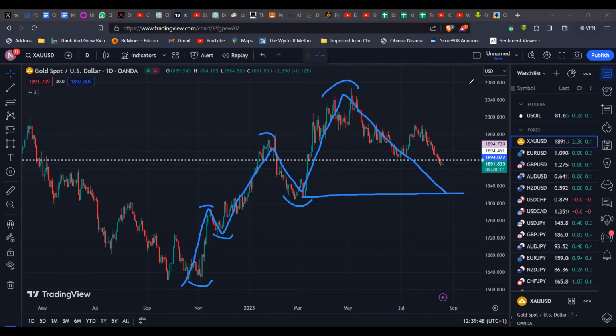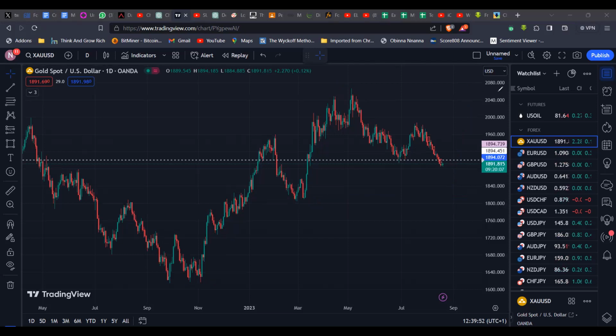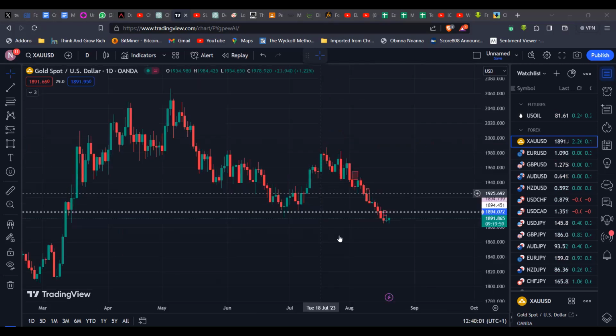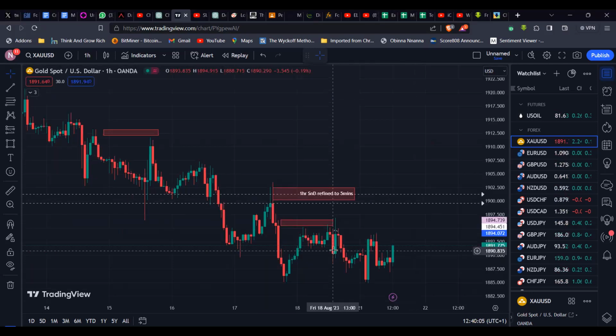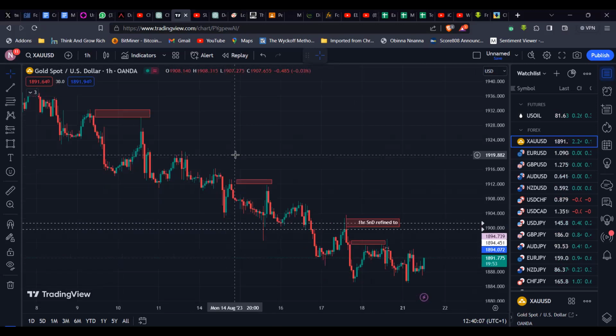Now, we also have to understand the correlation between pairs. If the dollar gets weak, we'll probably begin to see this one break upward as well. So on the 1 hour time frame, if you look at this, we can also begin to wait for the same thing. Now, all the while, obviously,